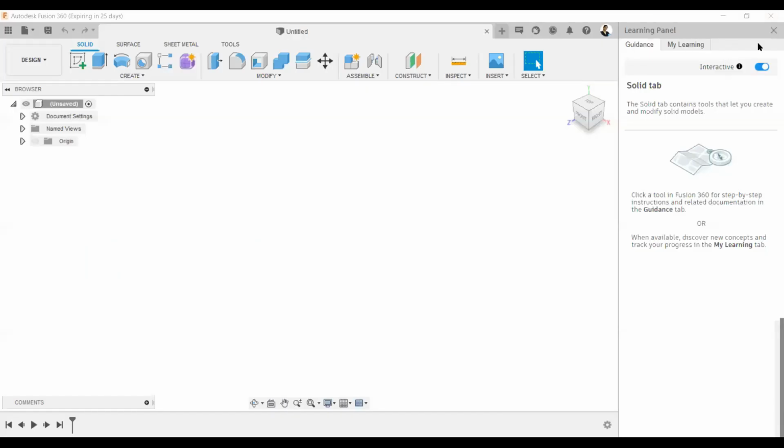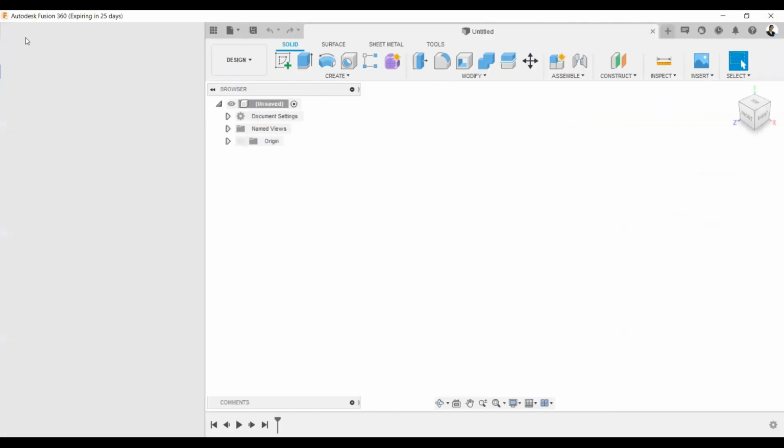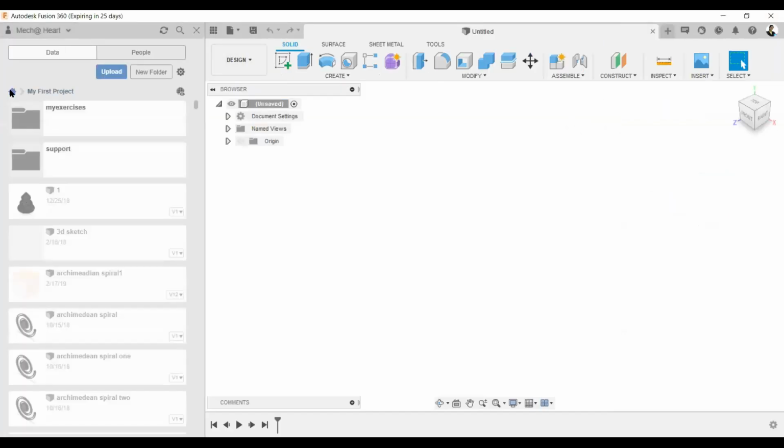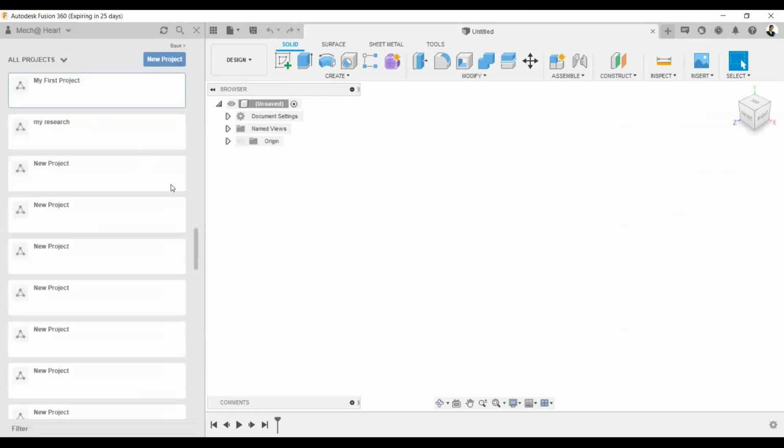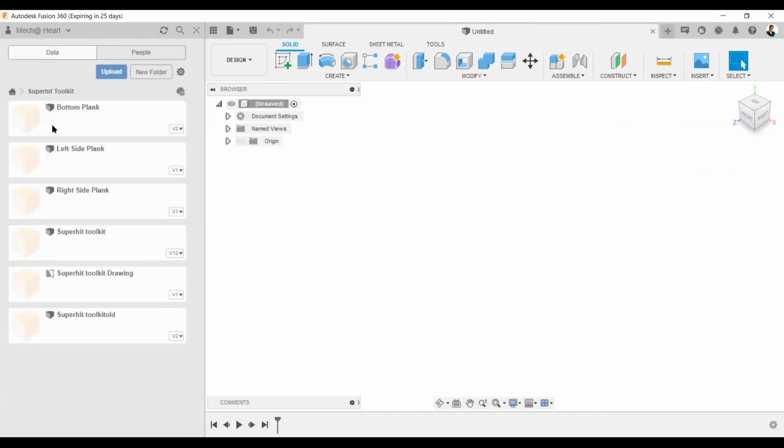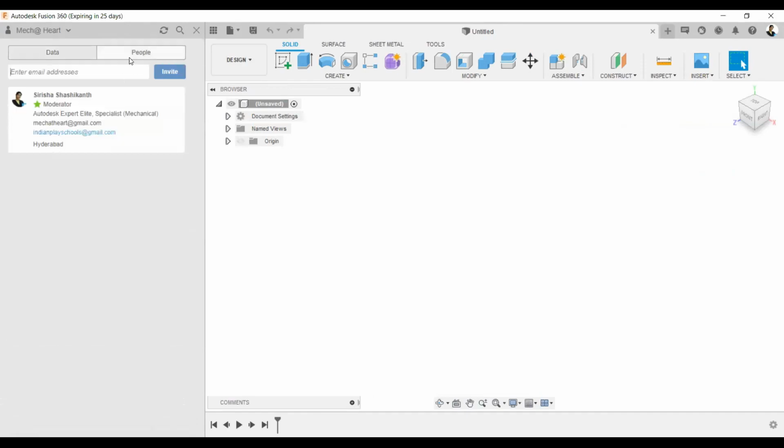Now you can see here, this is my Fusion, right? When I go into the data panel, I can see all my files that have been saved in tools. Here in the Superhit toolkit that I have prepared, I can go to people and add their mail IDs.